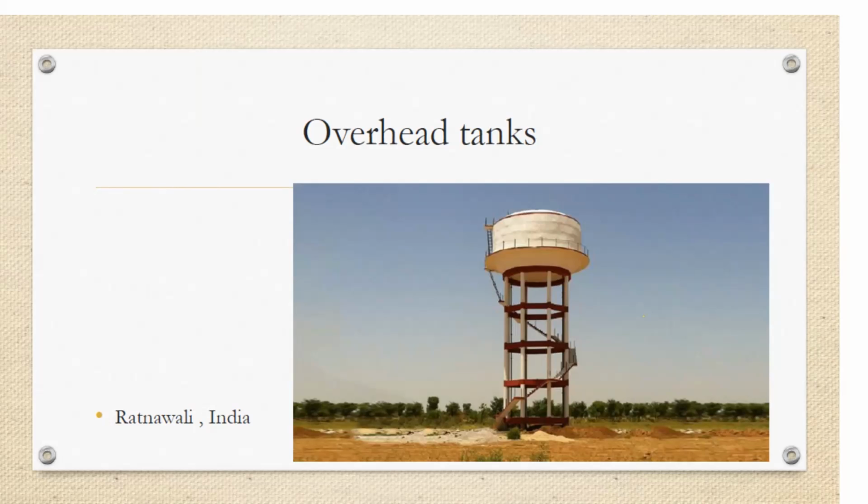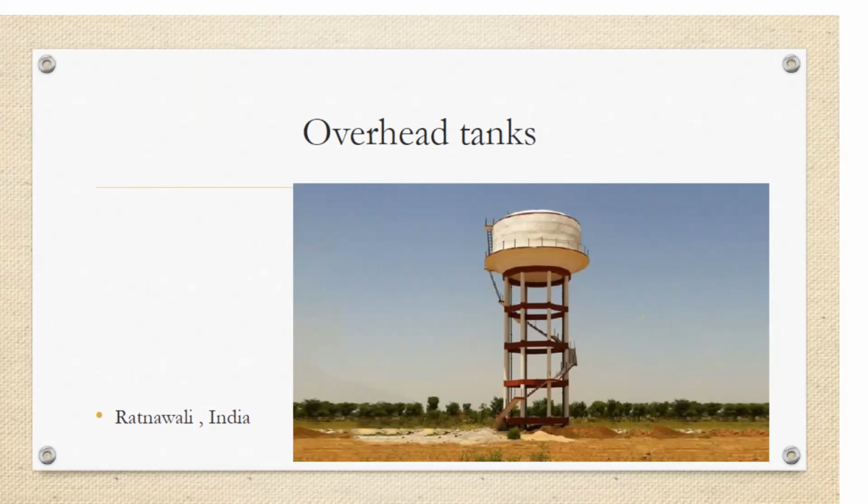Another option to the ESR is that the treatment plant must be constructed at a very high elevation, high level, and from there the low-lying area may get water directly by gravity. But it is never economical to provide water to the consumer by pumping. So instead of that, we can go for pumping from GSR to ESR.